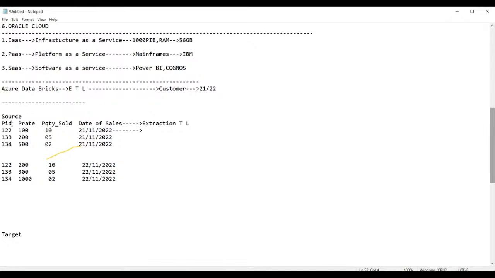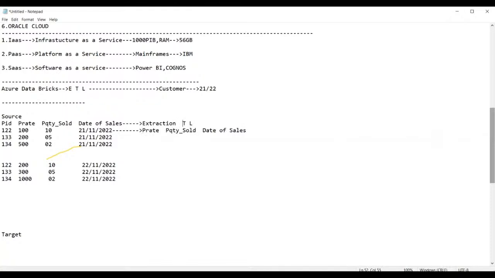Not required. Do you require the product rate? Yes, required. Quantity sold? Required. Date of sales? Required. So now, guys, I'm picking up these 3 columns. Picking up these 3 columns is the process of extraction. Now the columns are picked up.